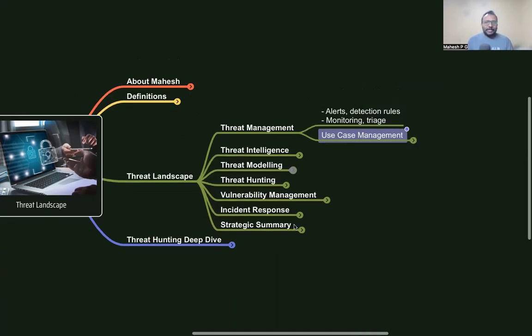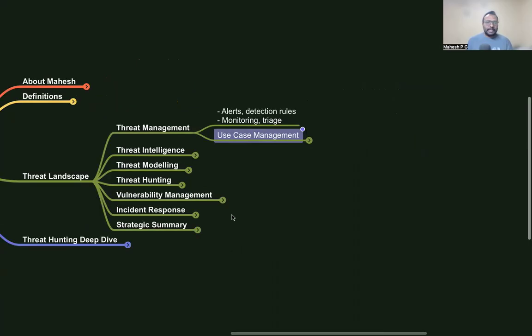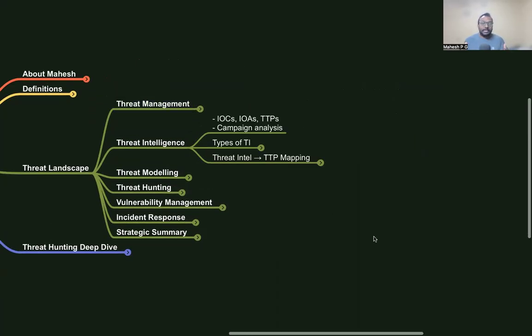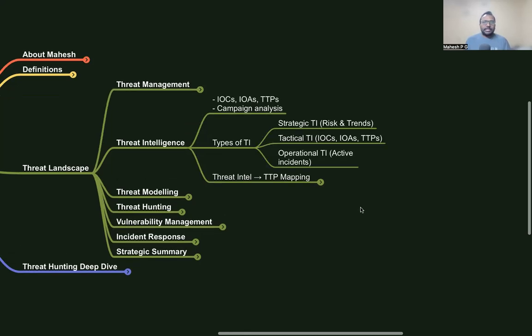Okay, that's about threat management. When it comes to threat intelligence, it is all about what is coming. Suddenly we get an advisory, right? Then with the IOCs, indicators of compromise, these are the things which can compromise. These are the different types of indicators of attack. If these types of indicators are there, that is the attack. Then indicators of behaviors, IOBs, these are behaviors that may lead to a particular type of threat advisory, etc.